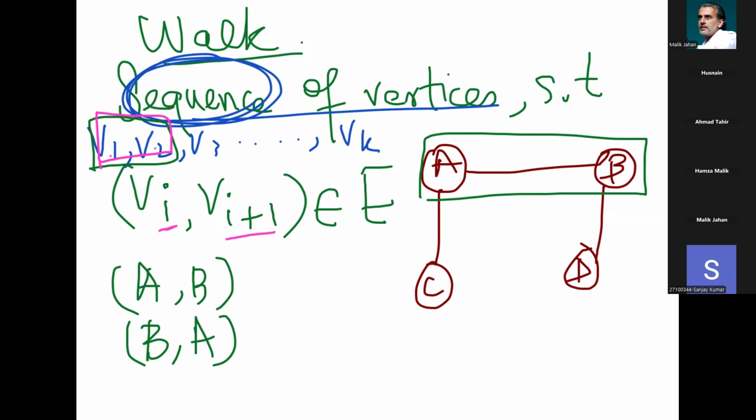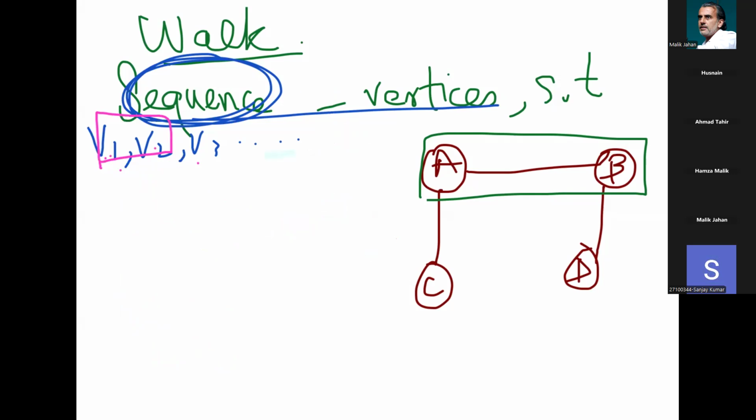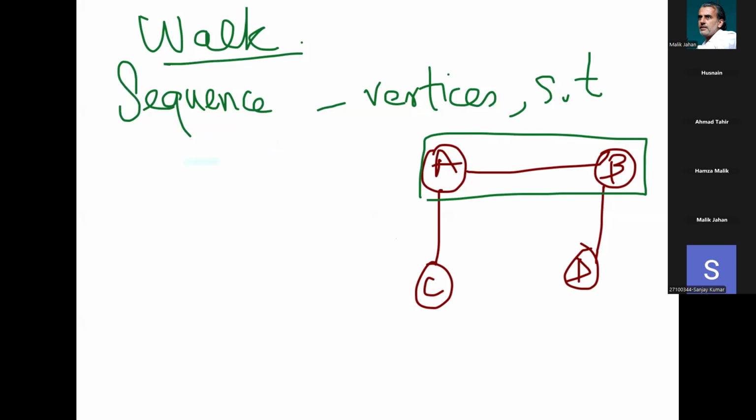So if I'm talking about a walk, only those vertices will appear in the walk where they have an edge in the set of edges, right? So this walk has intuitively exactly the same meaning as what we use in our daily life, right? For example, if I asked you to take a walk from one location of Lahore to another location of Lahore, so for example, if I start from Lums,